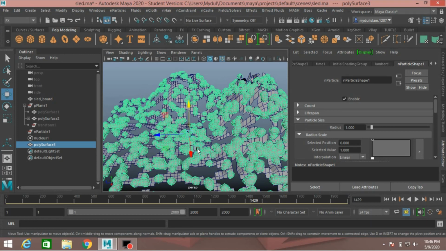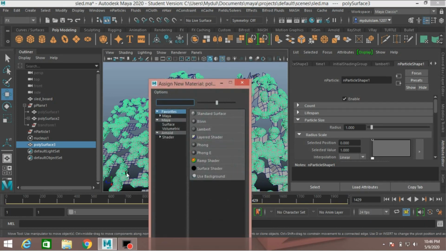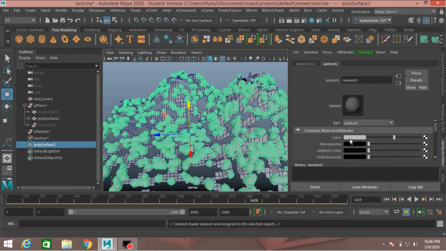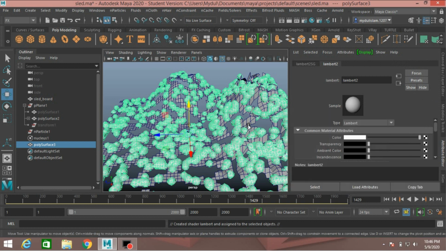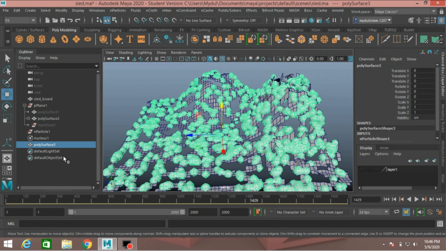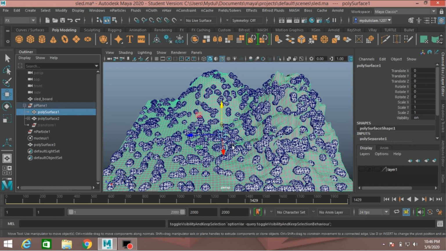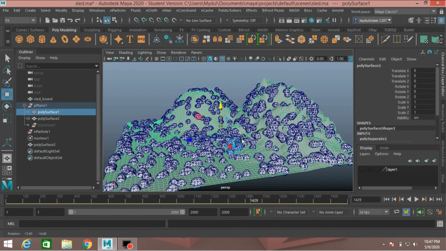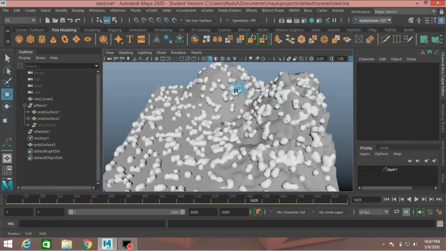Now select this, right click, assign new material, select Lambert, change the Lambert color to white to make it snow. Now unhide the main plane, turn off the wireframe on shaded mode.